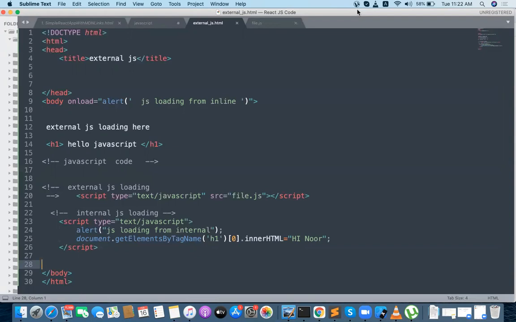So when writing JavaScript, you must be careful about where you put your file. Whatever formula you want to execute should be at the end of the JavaScript. Then only will it execute. That's the way of remembering how to write and work with external JavaScript.